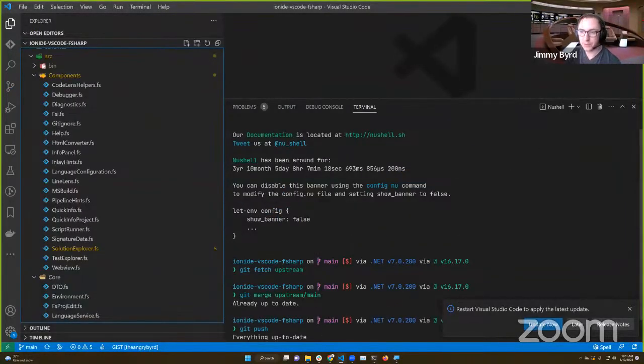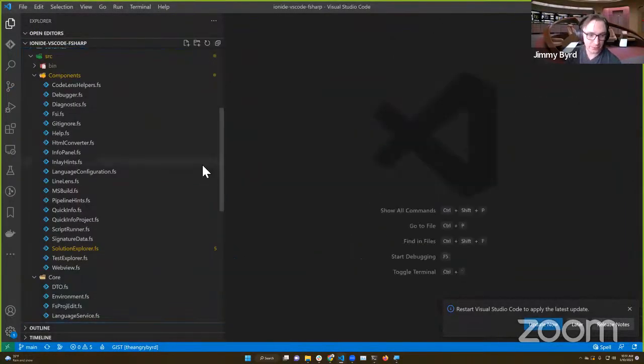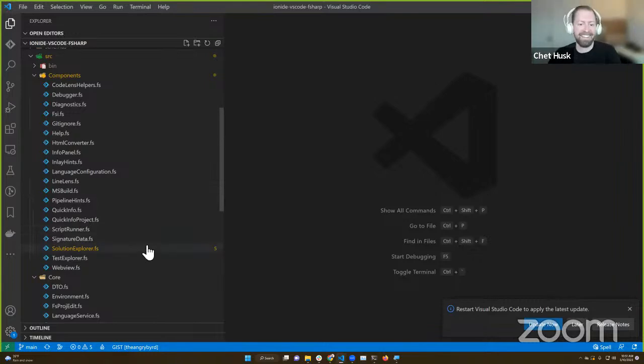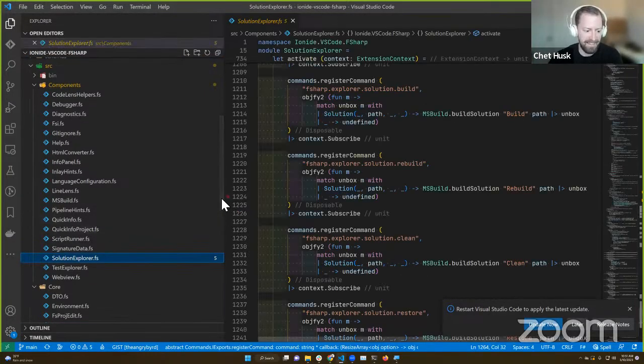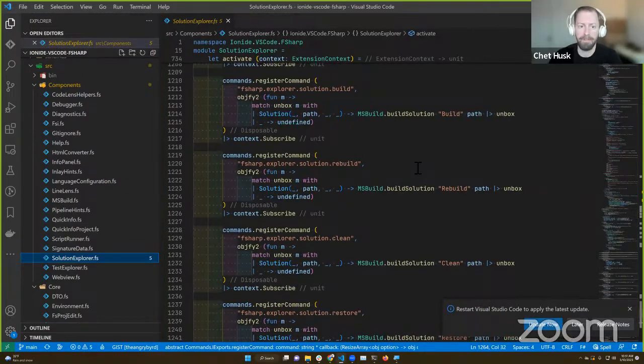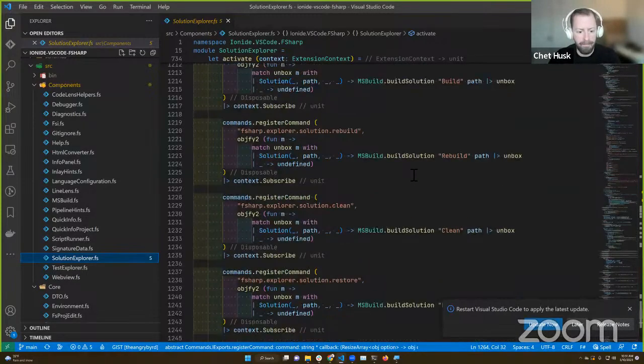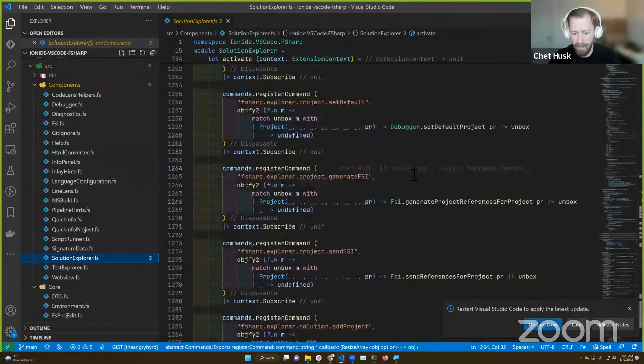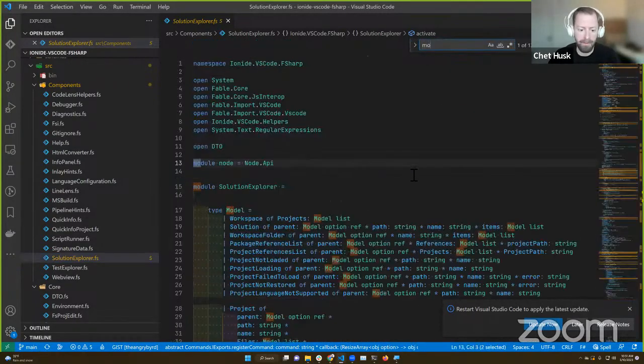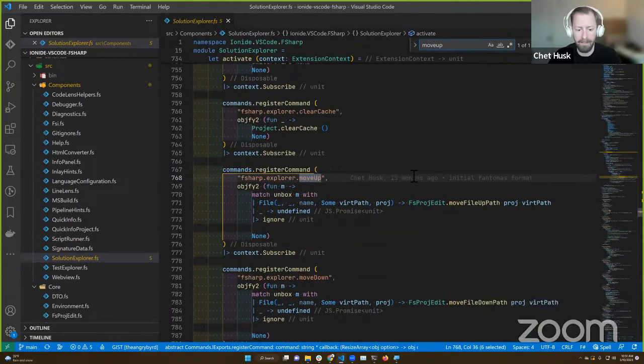So given that we kind of want to focus on the UI, I guess let's start with looking at the other project that we haven't even touched yet. Yeah, Ionide itself. Yeah, so Ionide is also written in F#. It uses Fable to transpile to JavaScript, which then runs in Node.js inside Visual Studio Code. So you will see F#. If this is your first time seeing Fable, you will see some things that look weird.